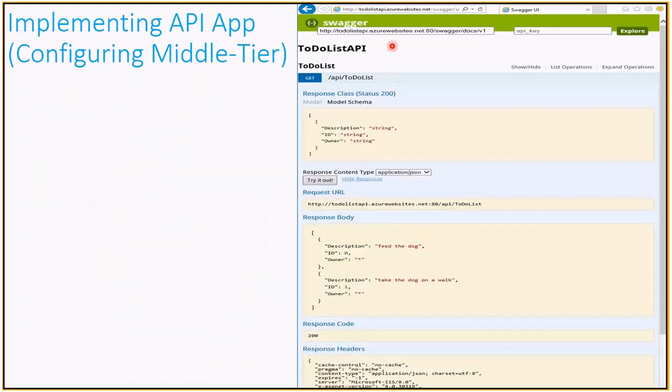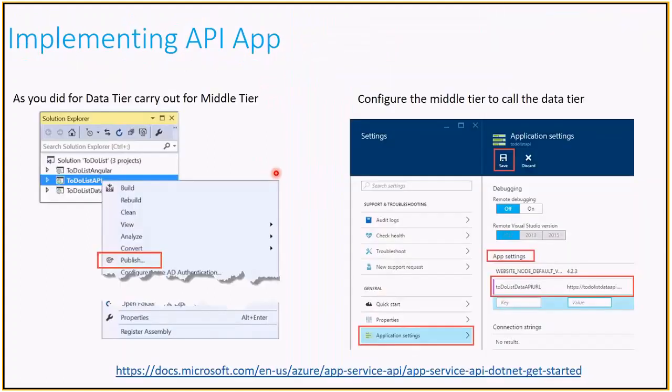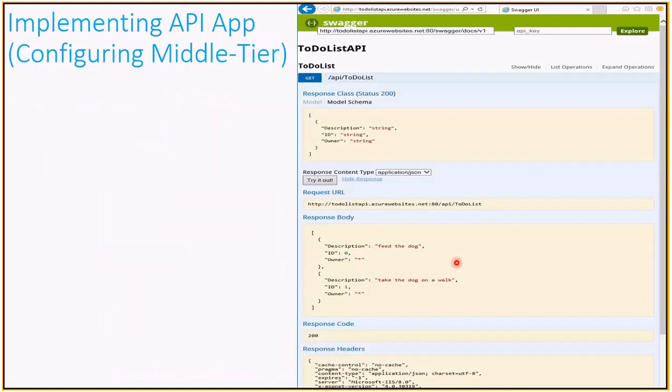Same thing, once you host your middle tier as well, you can check your responses, like whether your connection with the data tier which you have given is proper or not. You can check via these particular APIs, whatever APIs are available in your